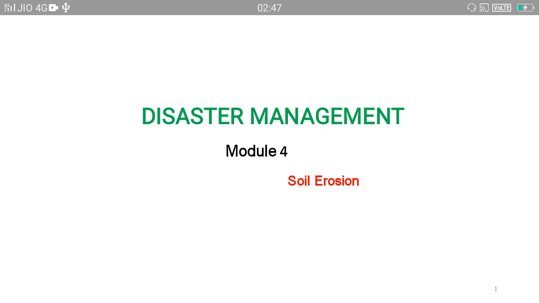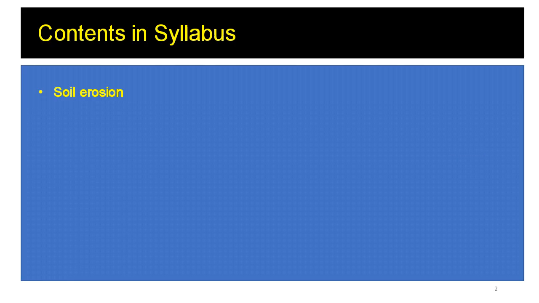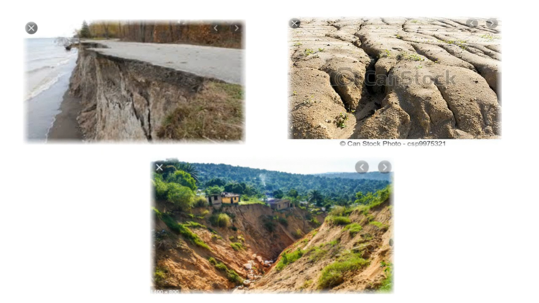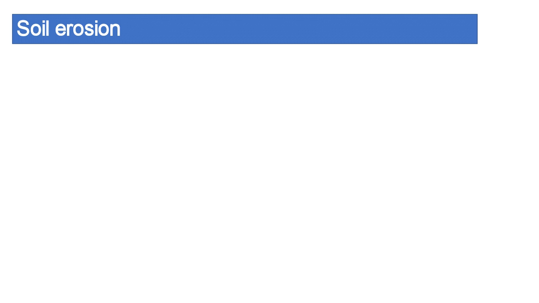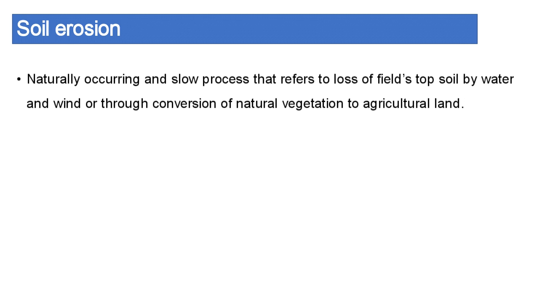There is a small portion left out in the fourth module about soil erosion, and today I'll try to complete that. Before we discuss, a couple of photographs clearly show how soil erosion takes place, what it looks like, and how much it can affect the soil mass. It is a naturally occurring and slow process that refers to